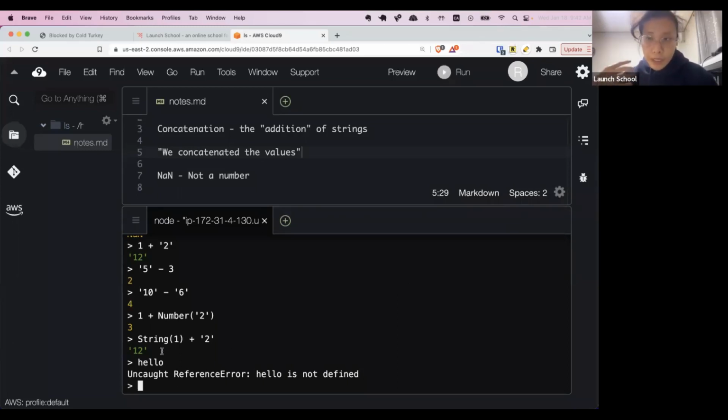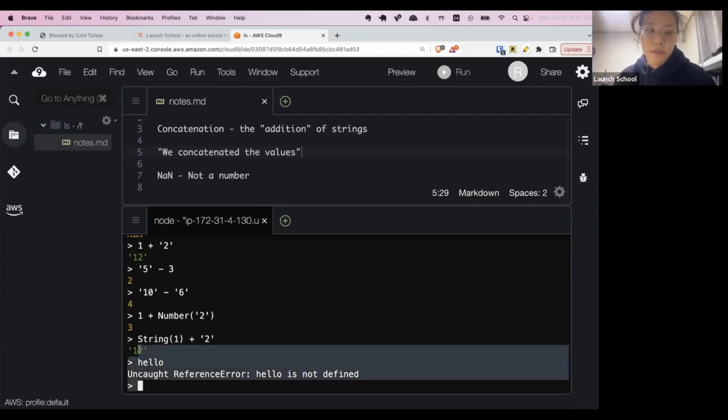Recall that when an error is produced in JavaScript code, the code stops running. So we aren't even able to achieve a return value here, right? So remember that